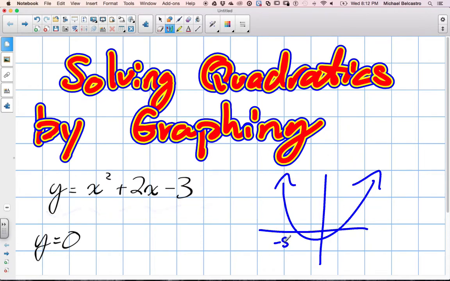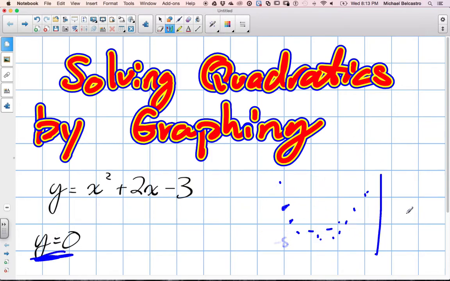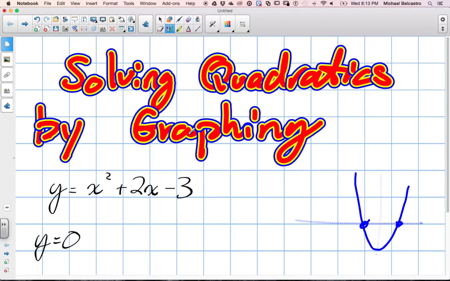If we're looking at x at -5, here's an answer, and there could be answers here. There's actually an infinite number of answers along here. So in the question they've asked us, they want to know when y is 0. And we have to realize that when y is 0, we're talking about x-intercepts. So to solve it by graphing,